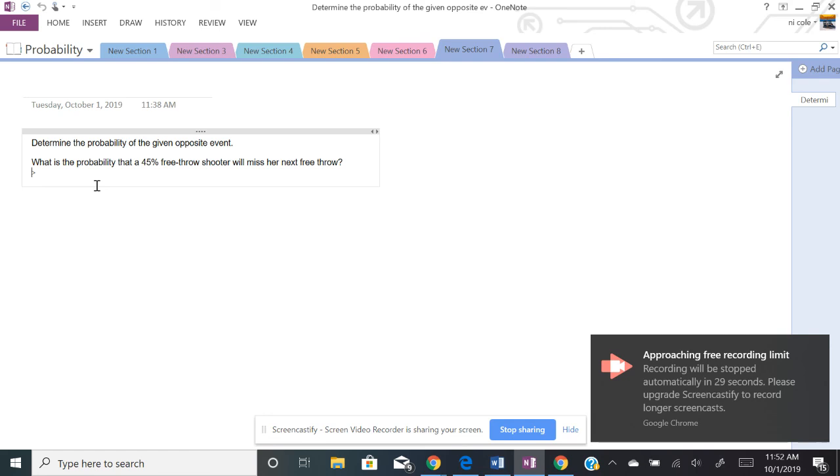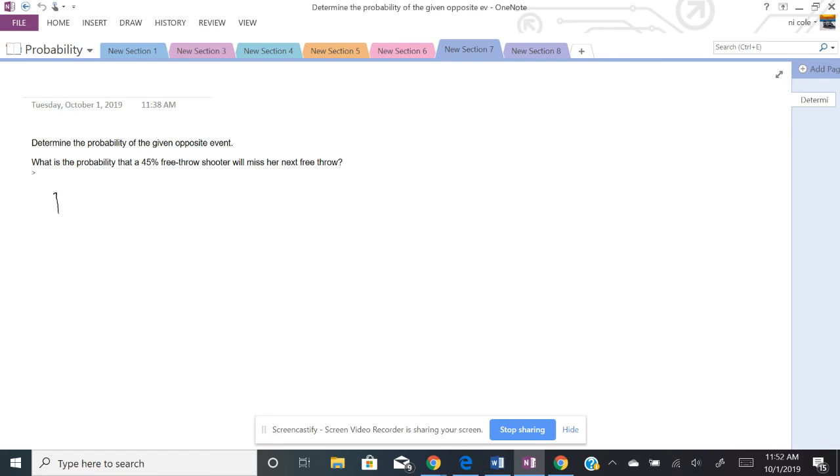I want her missing her next free throw. So that would be 1 minus 0.45, or how about 100% minus 45%, giving 55%. So between either making it or missing it, it should always add up to 100%. So for her not to make it,